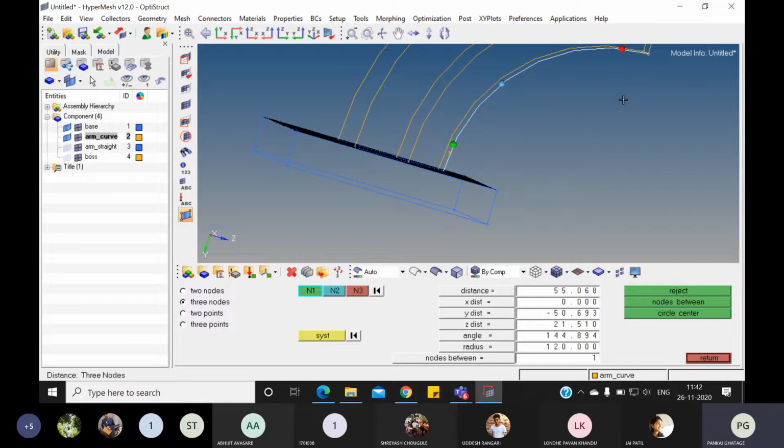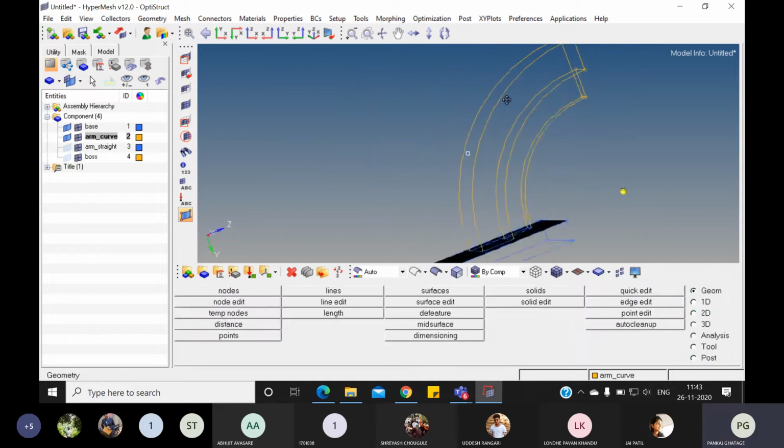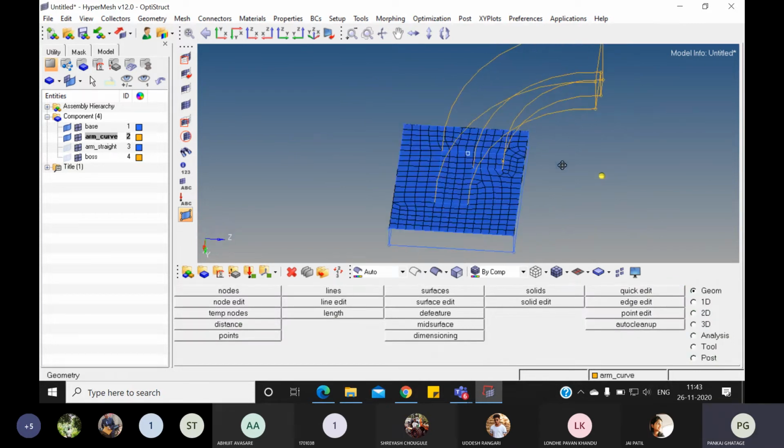Anywhere you can select and press the center circle. So one center node will be generated for this particular circle. Okay, that curve center will be generated for that curve as like a 2 nodes. When we go for the 3 nodes, if there is a 2 nodes, then we can take the node between. Similarly, if you go for 3 nodes, you will get the center node in between that. Now what I will do, I will go back and I have to go to now